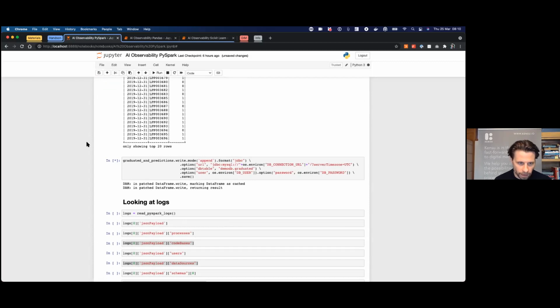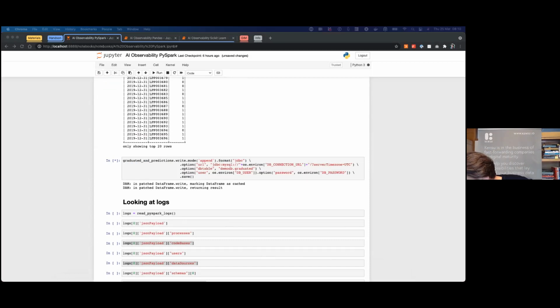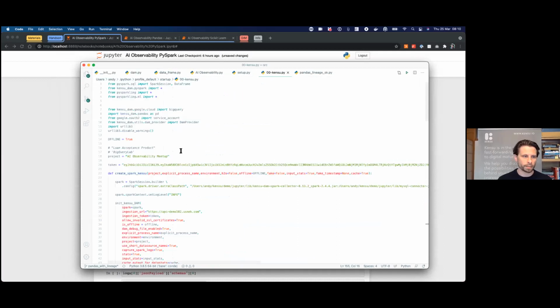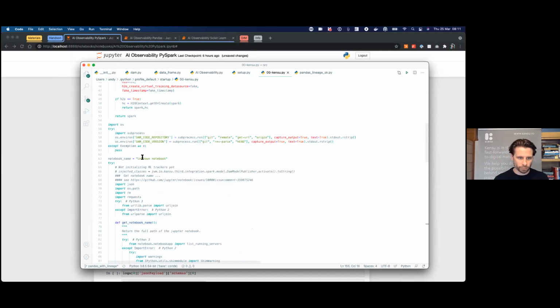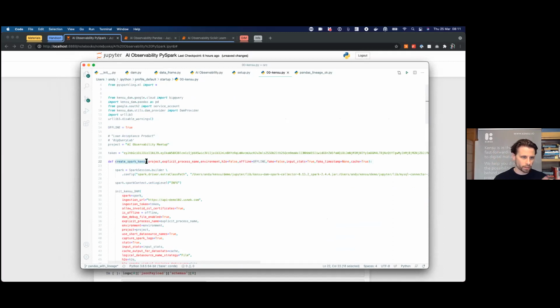On one side, I have to show you this. Where is it? If I can find it, here we go. In a Python notebook, in Jupyter, you have the capability to create what we call startup scripts. If you don't know what startup scripts are, when a Python notebook is started, it will run this file first. That means you can create bootstrapping methods or whatever. That's where, for instance, I have created the Spark driver. I have a function which is creating the Spark driver.